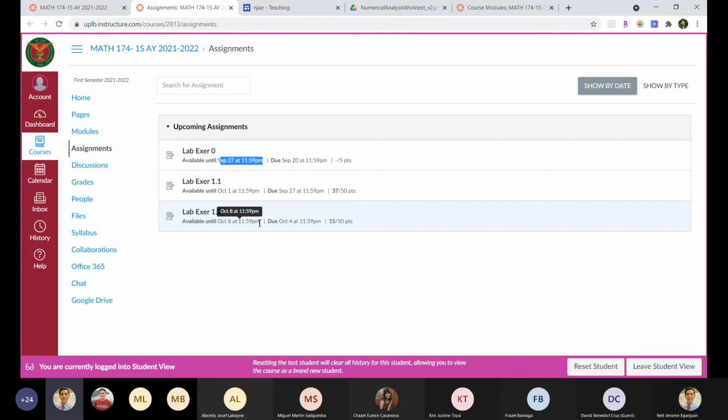Okay? Question pala, kasi some of you already answered Laboratory Exer 0, which is the consent form. And then I already graded them. So nakatanggap na ba kayo ng notification, an email or a ping na nag-grade na yung Lab Exer 0 niyo? Hello guys. Nandyan pa ba kayo? Nakikita yes po sa dashboard, sir. Okay.